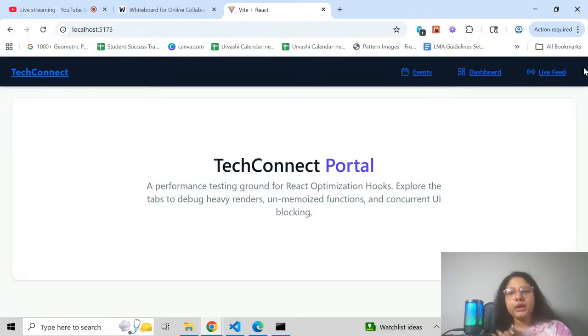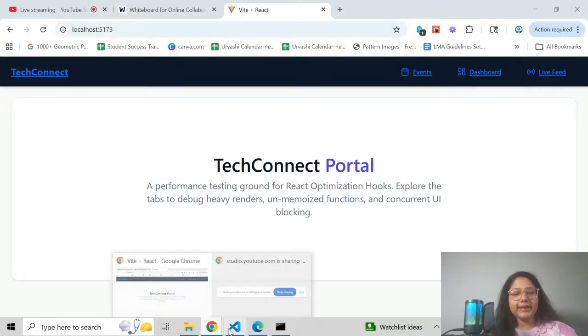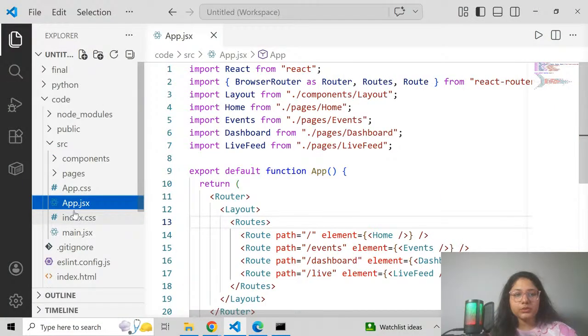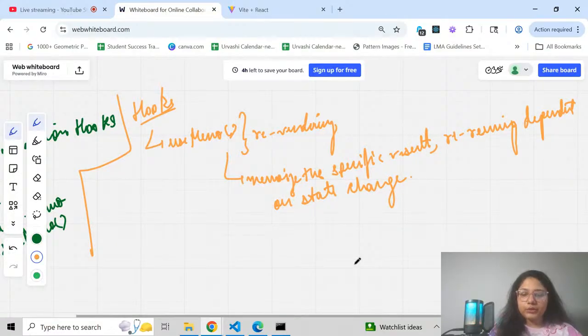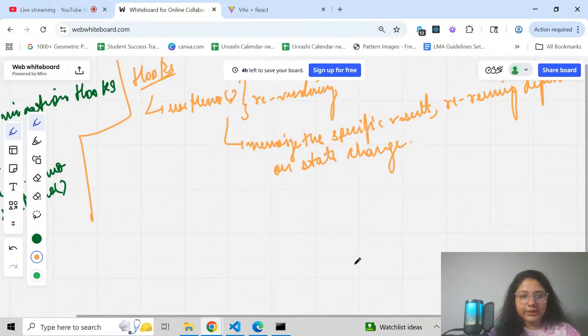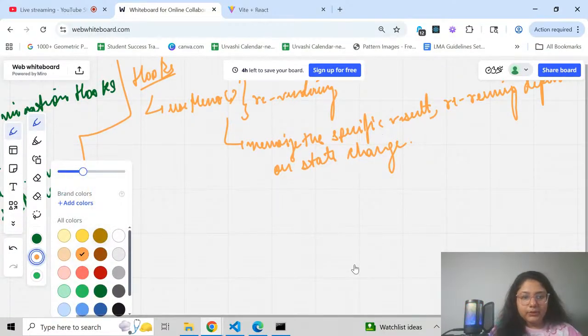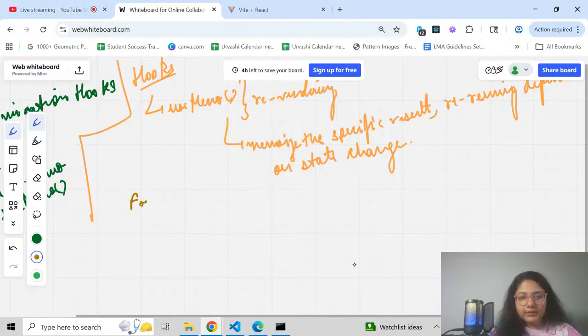It's a nav bar, and this is my nav. This is my layout. I'll quickly show you the folder structure. If I have to explain the folder structure quickly, that we are following today, I'll write it here simply. So the folder structure for today's session we are following is,